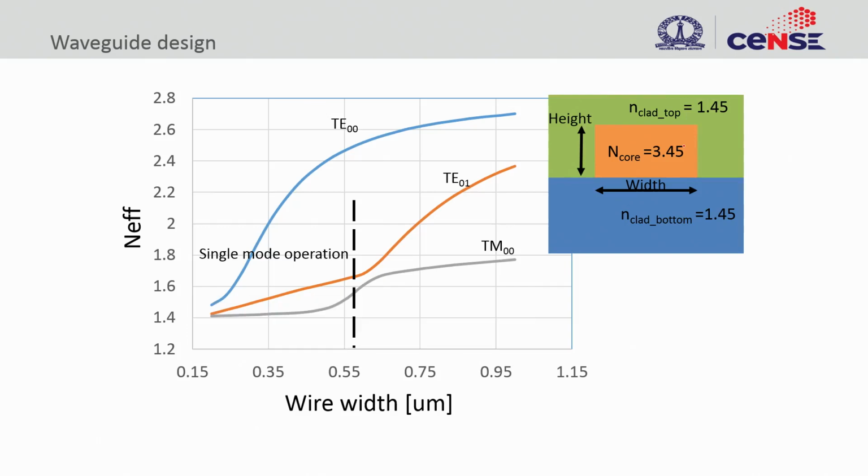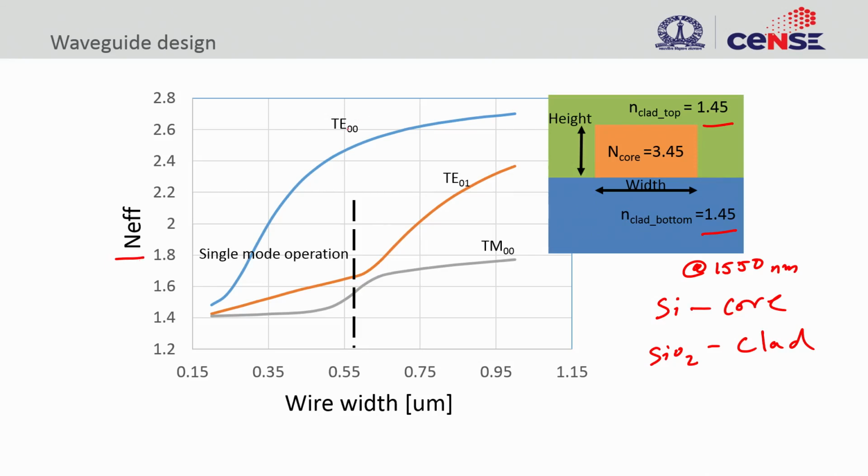Let us start with waveguide design. We have identified silicon as the core material and silicon dioxide as the clad material. So bottom clad and top clad are identical. Now we have a core refractive index of 3.45. Let us say we are using a telecom wavelength of 1550 nanometers. The first thing we have to do is to find the waveguide dispersion, that is N effective, the effective refractive index. So we find these modes.